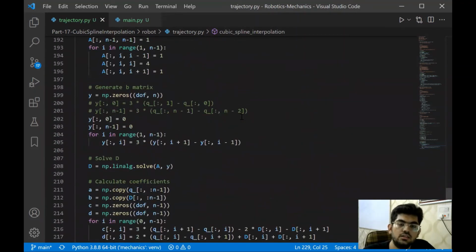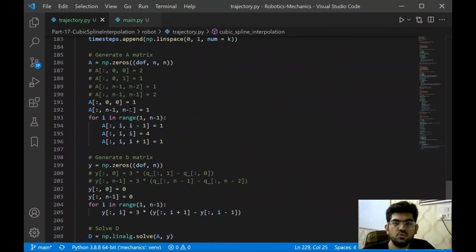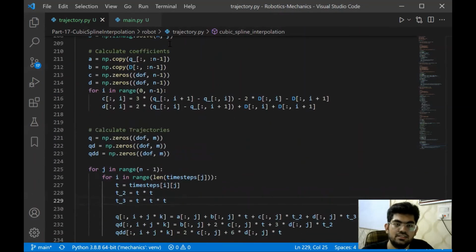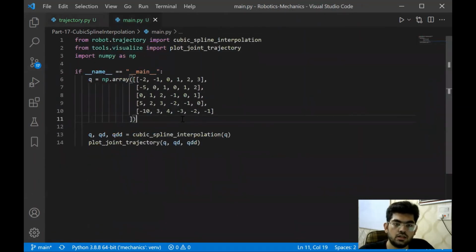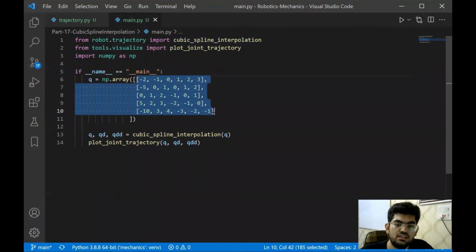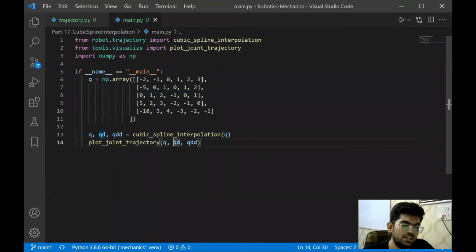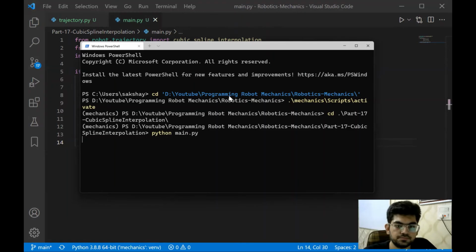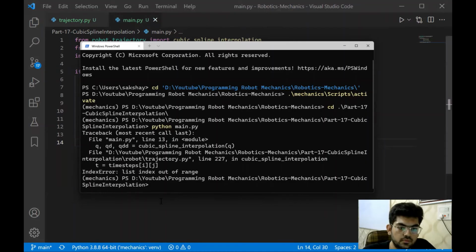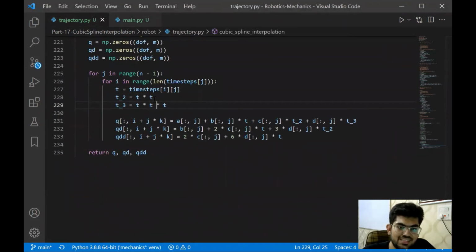Right. So now in the testing part, we are going to need to evaluate it two different times, like these commented out values and this ijk. So let's start with that. Okay. All right, so I already have this main.py file. Cubic spline interpolation is already imported, and we are going to have 5 points which we are going to interpolate over, and let's see how that works now. Okay, running it now. Okay, so there's a slight mistake. The time steps is going to be j comma i. My bad.